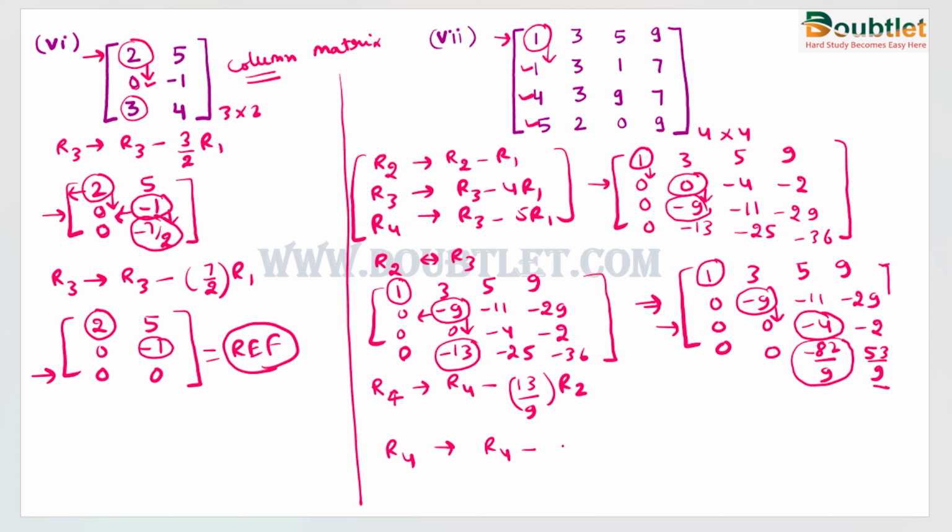So what operations will we apply? We will apply the operation while taking the third row. So we will divide this 82 by 9 divided by minus 4 times R3. Once we apply this operation to the fourth row, then definitely we will convert this matrix to the row echelon form. There is somewhat a bit complex calculation, but with calculators or by using a rough sheet, you can solve this type of matrix easily. So in this lecture, we have discussed mostly all types of cases.